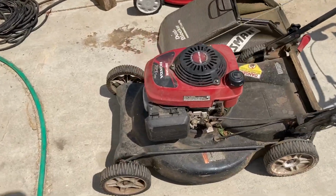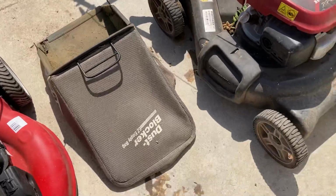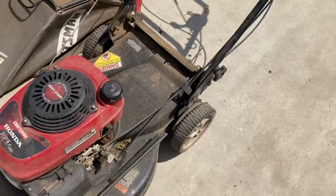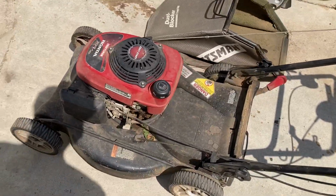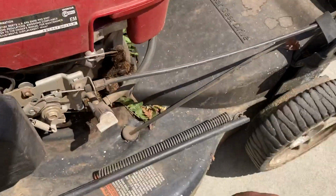Well, I just found this in the trash with the bag, and it's got an interesting feature to it, other than of course having a Honda and being rear-wheel drive. I actually caught them right as they were bringing it out to the curb, and they said that